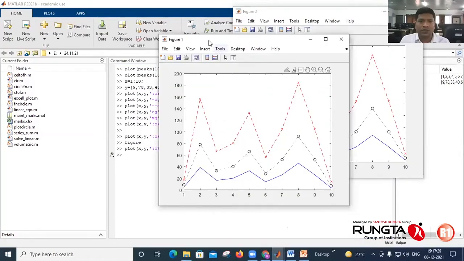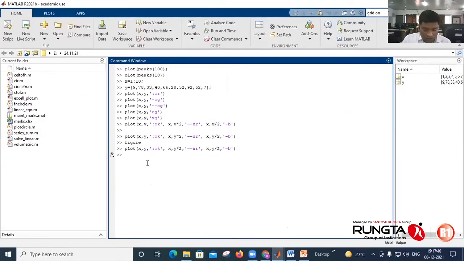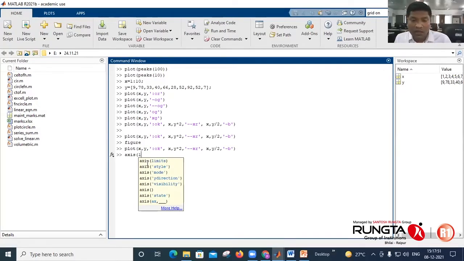Previous one was figure 1. This is figure 2. Now I will change the axis length of figure 2. Okay. So axis X minimum. So X minimum was 1. And Y minimum. Just a minute.